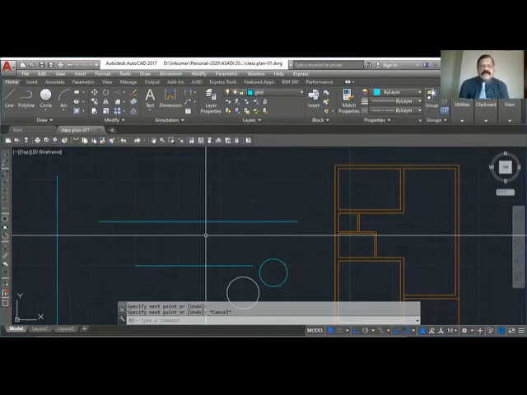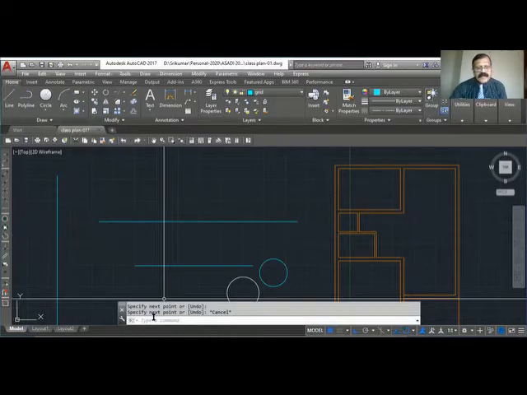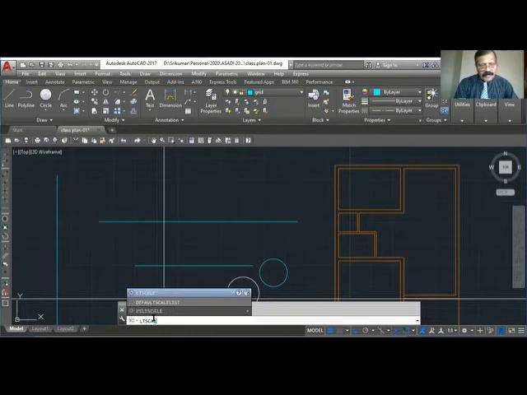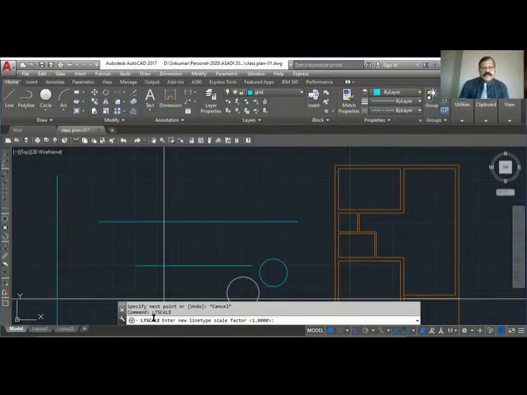When you create the line types, if you want to see the effect of the line types, you have to use LT scale. So I will type LT scale, line type scale. Enter. So it's asking me some value. Now it is 1. Since we are drawing in 1:100, let us try with 100.